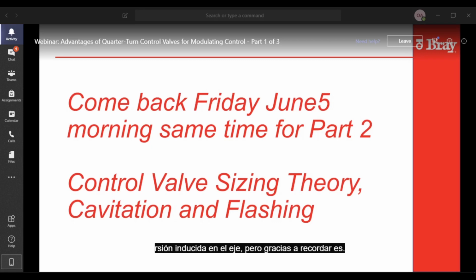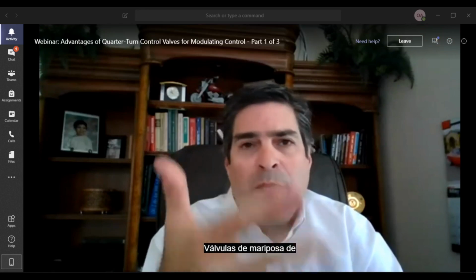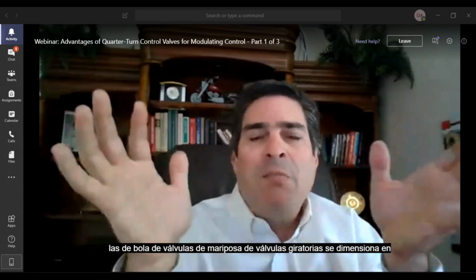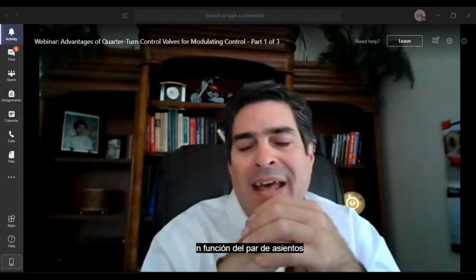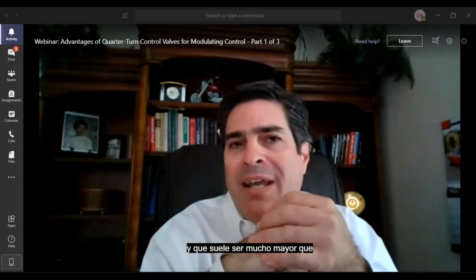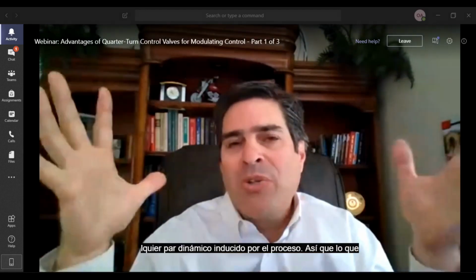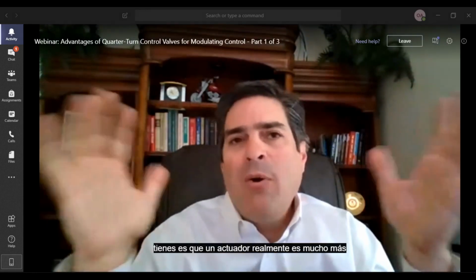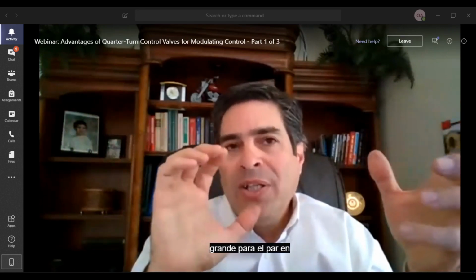But things to remember is rotary valves, butterfly valves, ball valves, actuators are sized based on the seating and unseating torque of the valve. And that is usually much, much higher than any dynamic torque induced by the process. So what you have is an actuator that actually is way oversized for the torque at the control range.